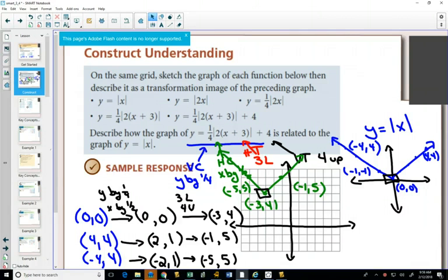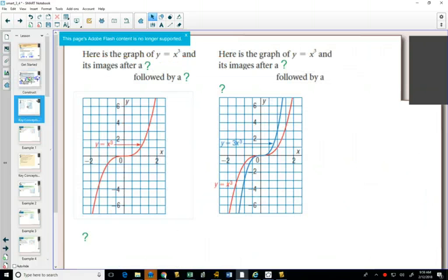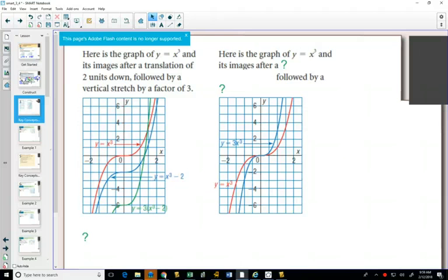So let's look at some of the examples on the next page. Here's your original graph of x cubed. They're showing everything all together. They're saying here, what happens if you translate down 2 first and then multiply by 3? Well, you get this equation,